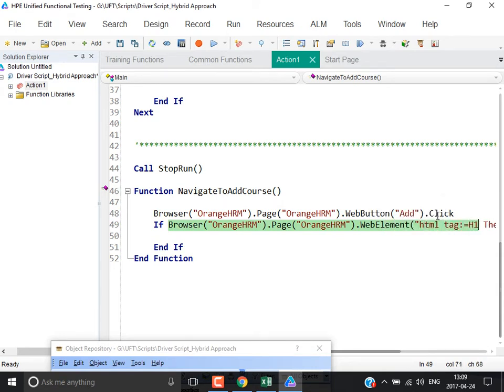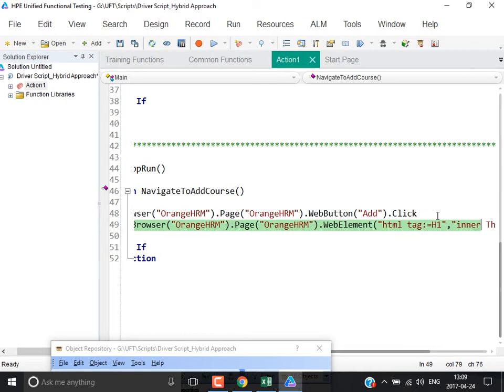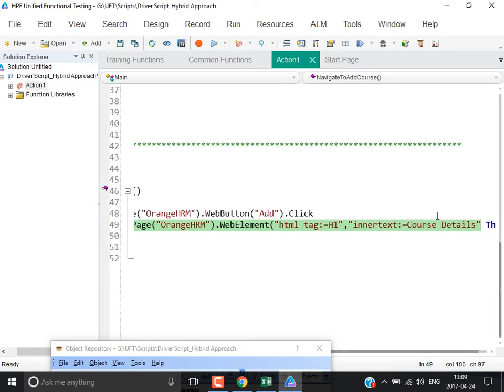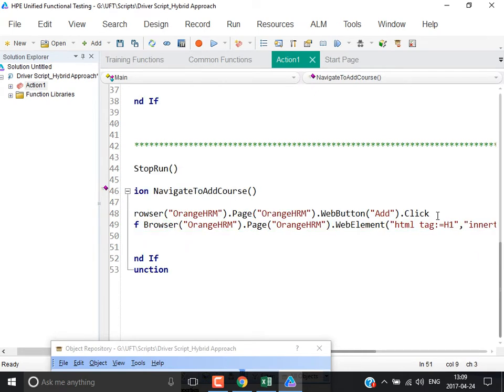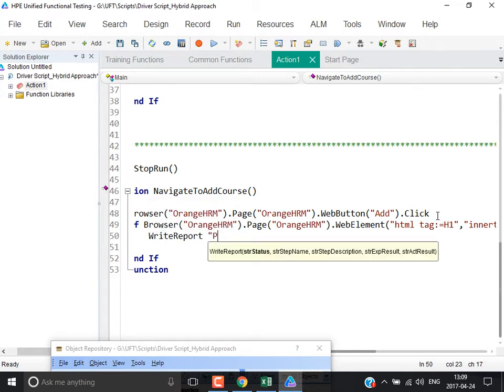HTML tag equal to h1 comma inner text equal to so and so dot exist. Say write report